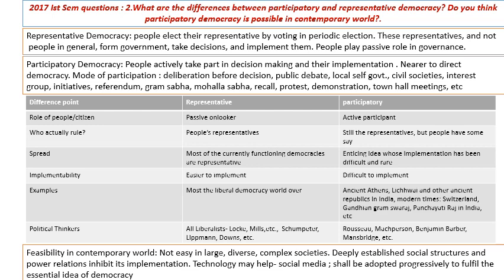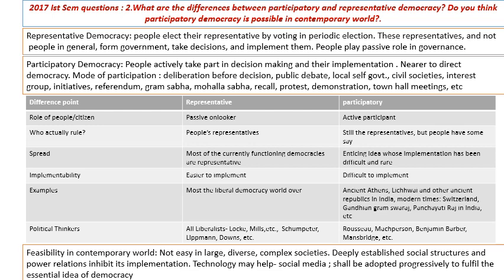implementation of the decisions. It's nearer to the concept of direct democracy or the original idea of democracy of popular power. Modes of participation can be deliberation before decision, public debate, local self-government, civil societies, interest groups, initiatives, referendum, Gram Sabha, Mohalla Sabha, as attempted in Delhi sometime, and recall, protest, demonstration, town hall meetings as in the USA and elsewhere. In the next slide, we have tried to give you the difference points between representative and participatory democracy